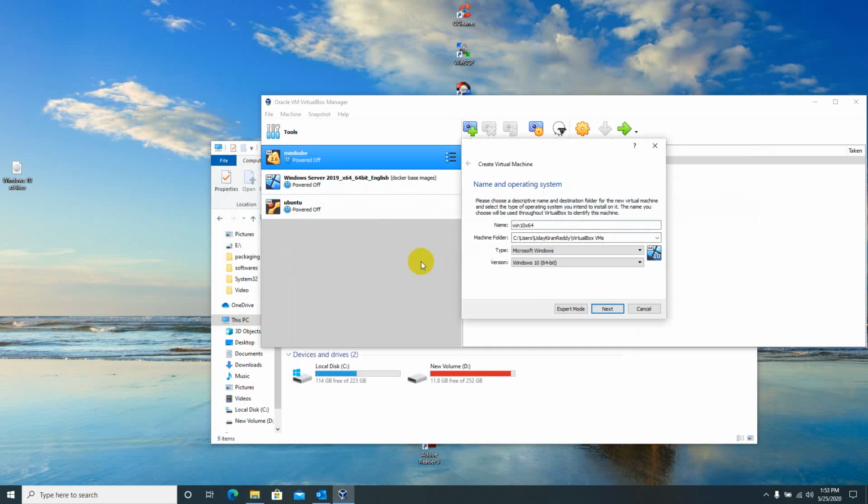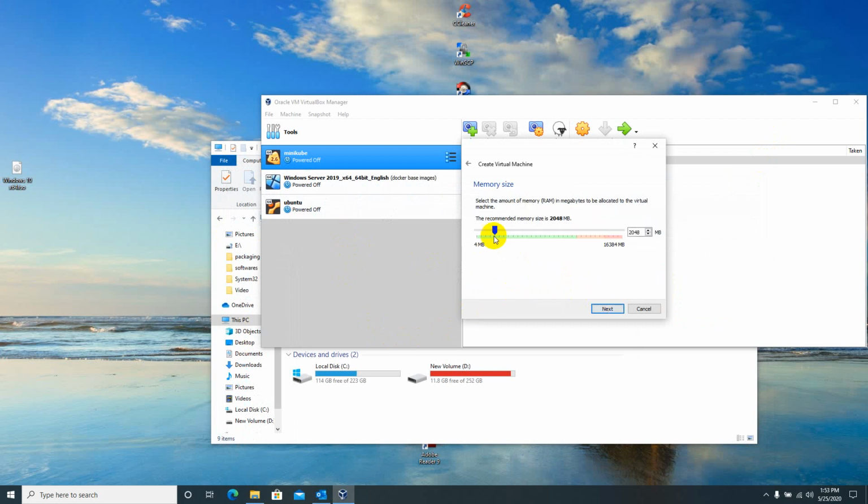Okay, only one, because that is an old snapshot file, so that's why I deleted that. Now click next. Presently I didn't power on any of the VMs, so I can keep half of the space available so that later I can decrease the RAM.